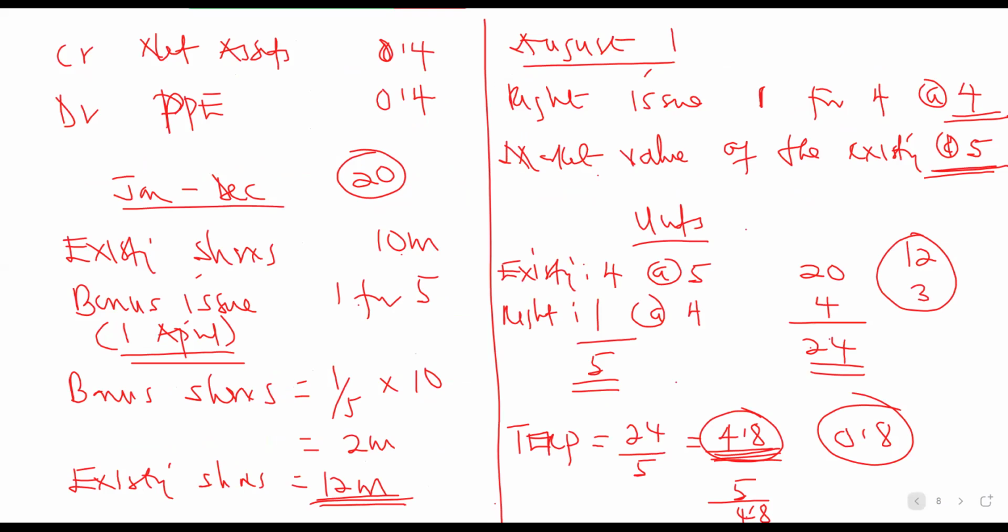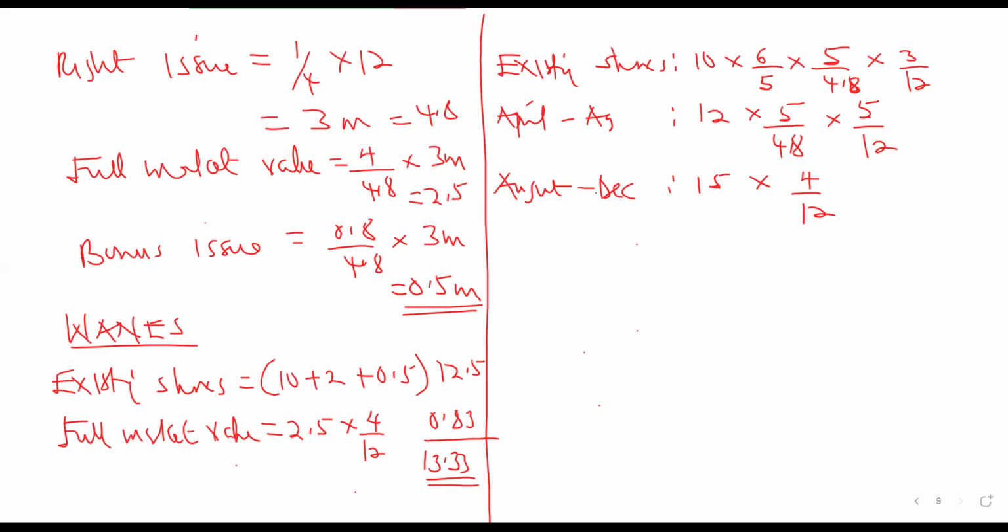It is the full market value of 2.5 that will be contributing to the profit from the date of the issue. So just separate the bonus from the full market value. Any of the methods that you are comfortable with, you are good to go. You apply the bonus fraction up to the time that the bonus issue has been done. Then you also apply the right issue fraction up to the time that the right issue has been done.